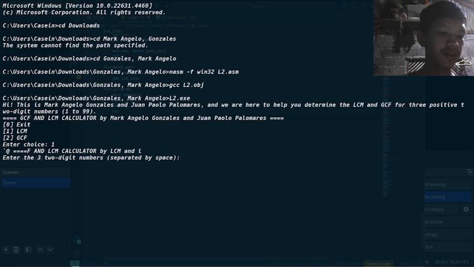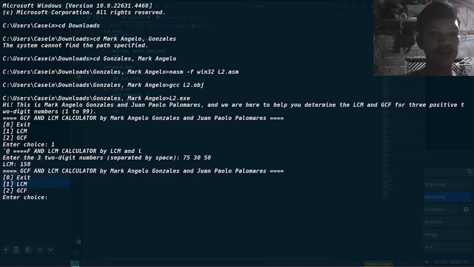We just type 75 space 30 and 50. It will calculate the LCM. The LCM is 150, it will automatically calculate.